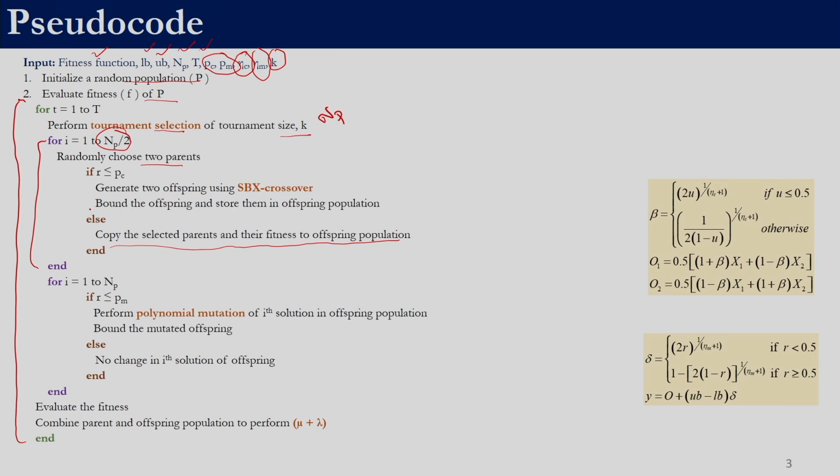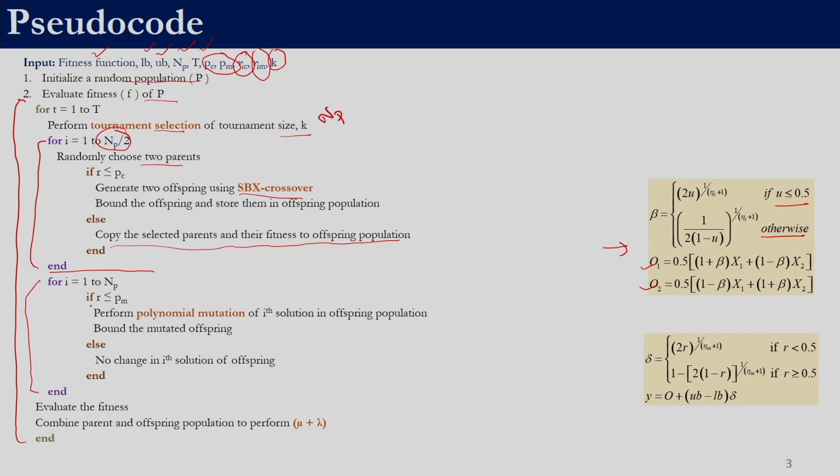Right. If we happen to do crossover, then we will be using this SBX crossover which is given over here. Right. So, for each variable we will have to generate a random number between 0 and 1, depending upon whether it is less than equal to 0.5 or greater than 0.5, we will have to calculate the beta value, and using the beta value we need to calculate the offspring 1 and the offspring 2. Okay. So, that is going to be the crossover. So, once crossover is performed, we need to do mutation for each of the NP members, right, on the offspring. So, at the end of crossover we will have offsprings. So, we will be performing mutation on the offsprings, right.